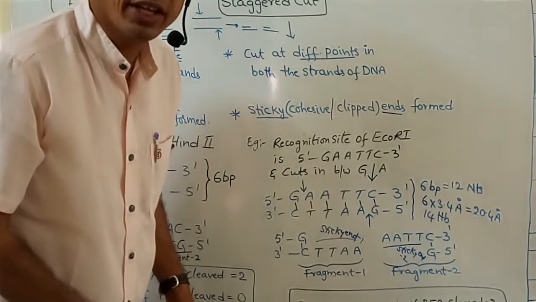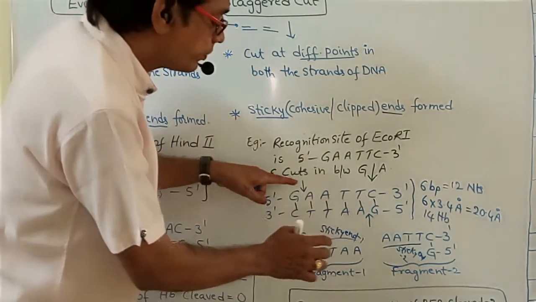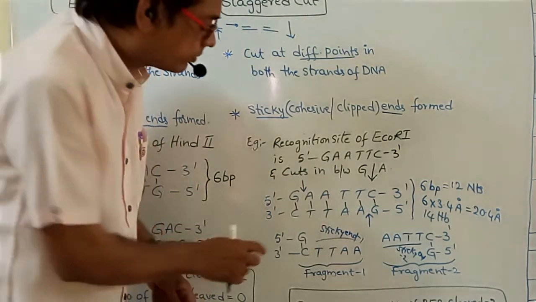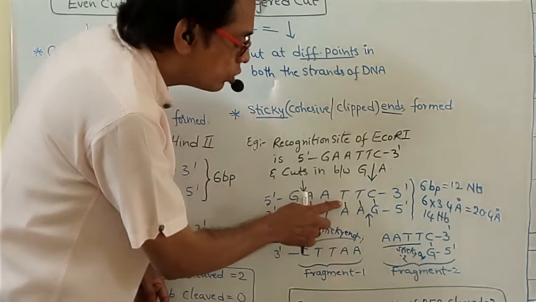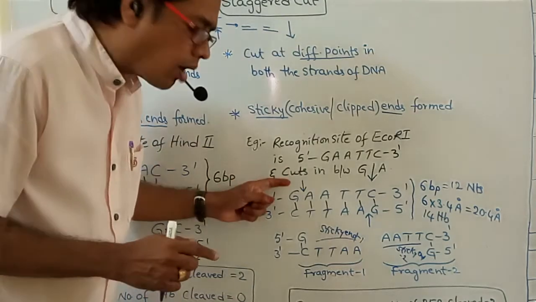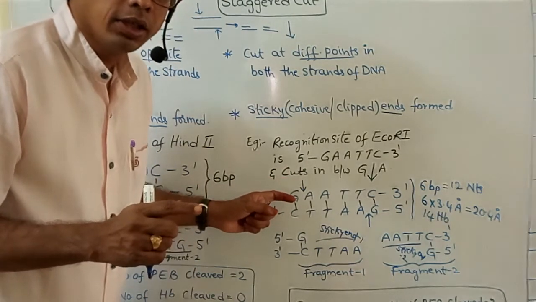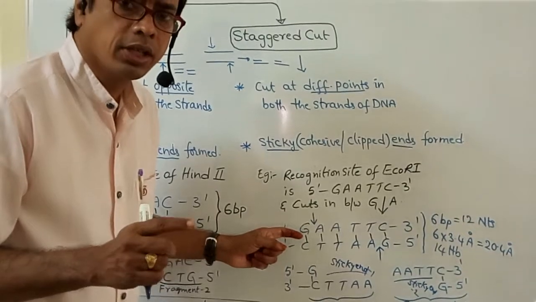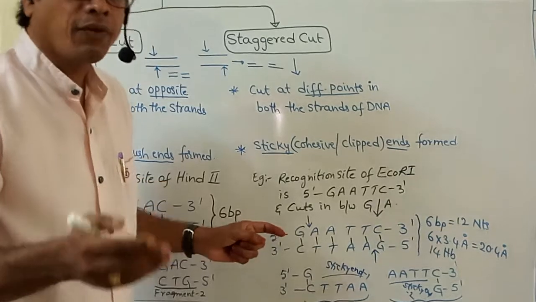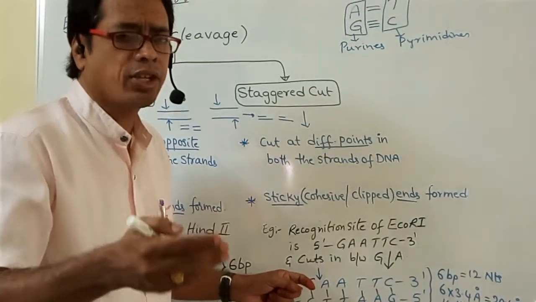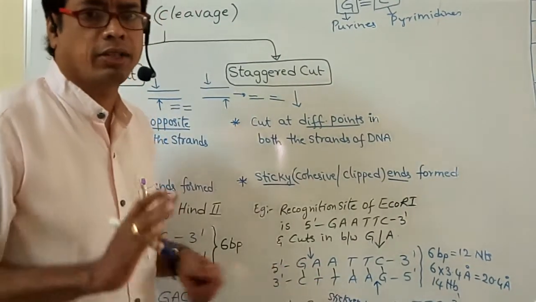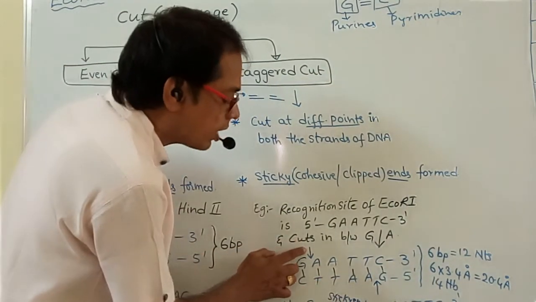Total how many phosphoester bonds or diester bonds are broken means 1 plus 1, 2. Total hydrogen bonds broken 2 plus 2 plus 2 plus 2. Total number of hydrogen bonds broken 8. Number of phosphoester bonds broken in staggered cut. Here phosphoester bonds are nothing but phosphodiester bonds. Number of phosphoester bonds broken for each staggered cut: that means upper strand 1, lower strand 1.